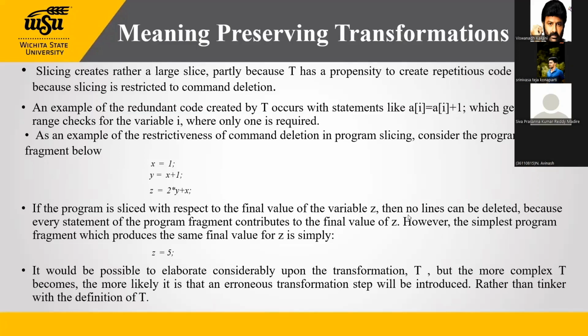To compute the final variable, the top two variables were created, and the final expression contains those two expressions, which give the final result. However, the simplest program fragment which produces the same final value for z is simply z equal to 5. It would actually be possible to elaborate considerably upon the transformations T, but